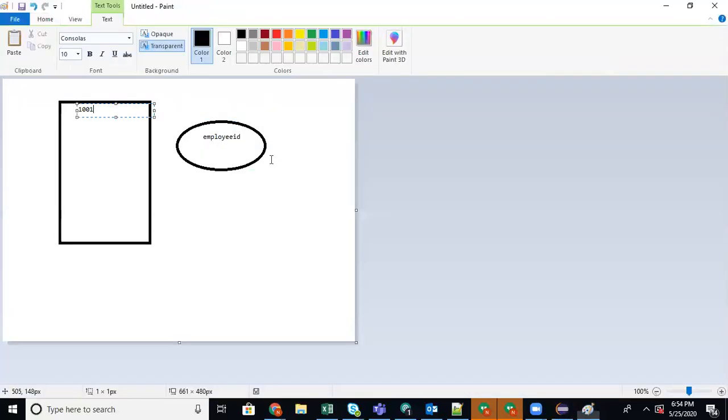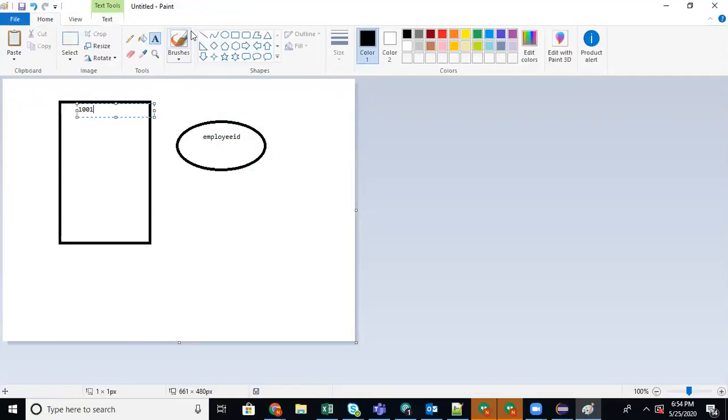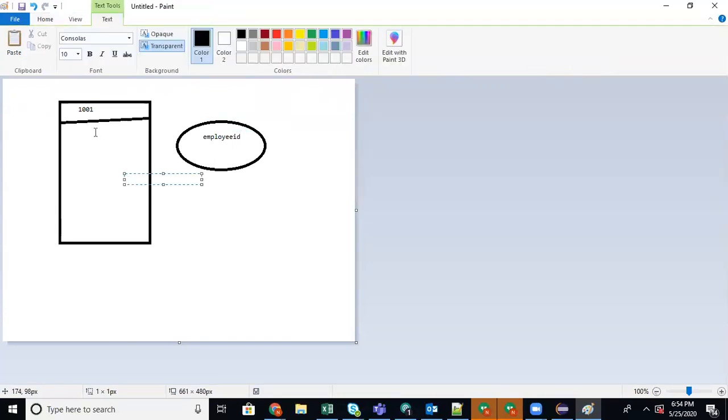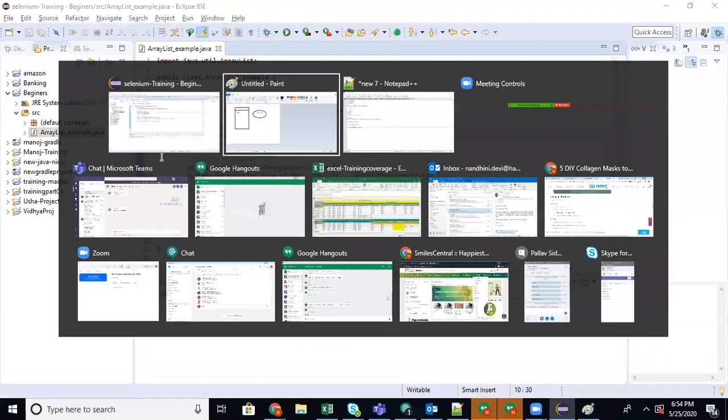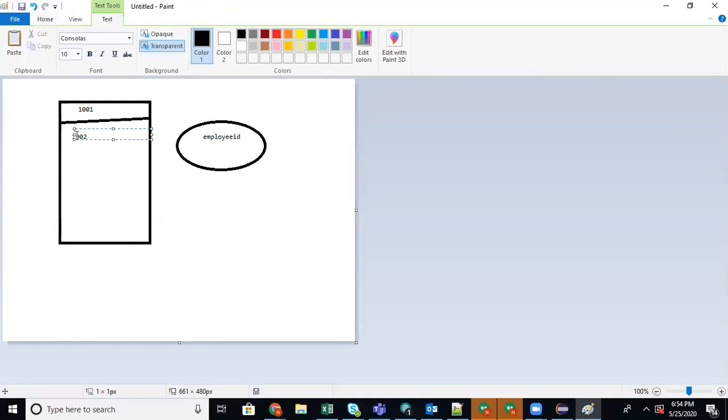When another element is saved, then the rack will be divided, and the next element will be saved here.